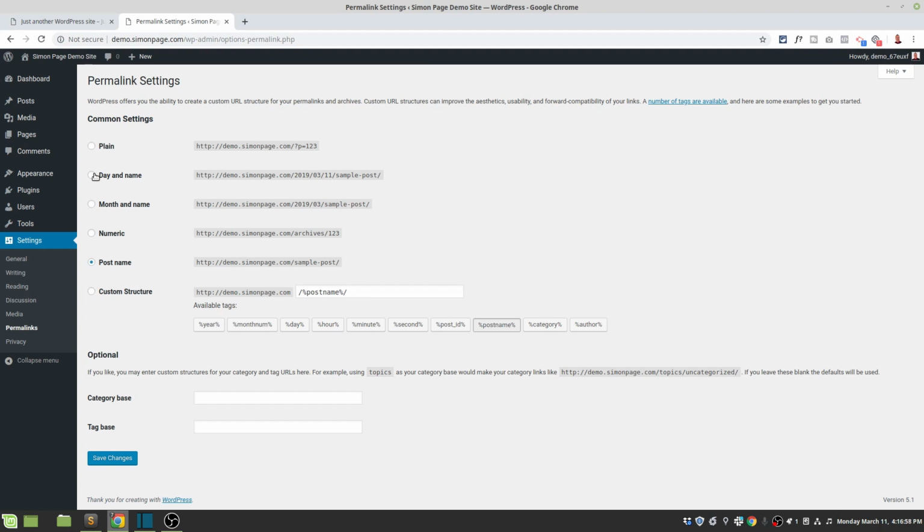If the date that it was posted is relevant to your end user, then you can use day and name or even month and name. Otherwise, I say use the post name. Category base and tag base, I'll cover those in another video. I don't recommend using them, but there are certain cases where they can be useful, so I'll cover those, like I said, in another video. We hit save,